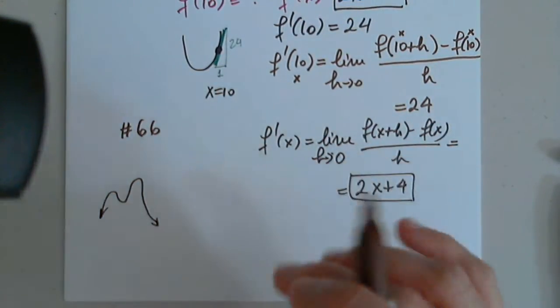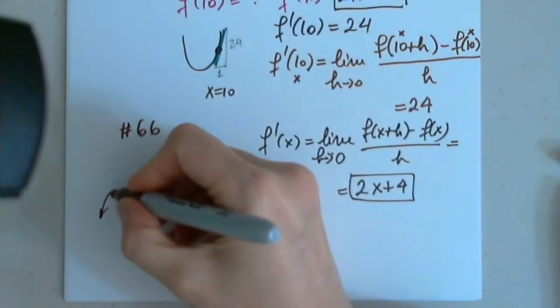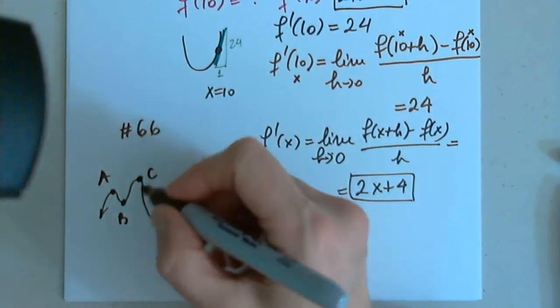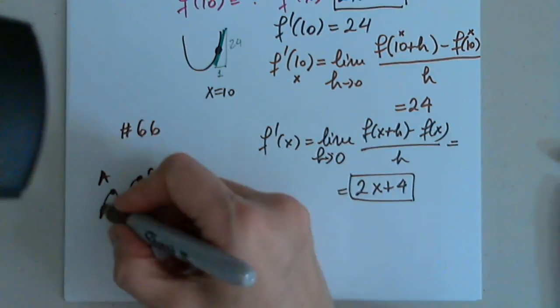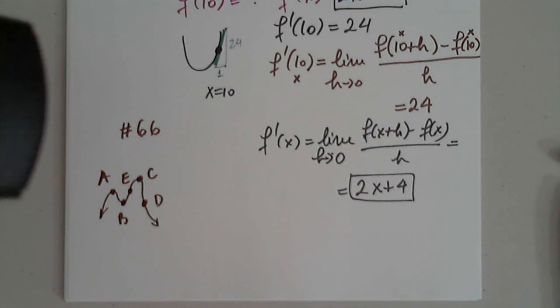Where do you think that the tangent line, I'm just going to put some points in there. Point A, point B, point C, point D, and one here, E. At which of these points, if you cannot see the graph, I will graph it again, a bigger graph. At which points do you think that the tangent is horizontal? It says for each function, find the points on the graph at which the tangent line